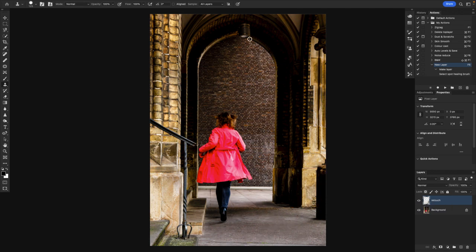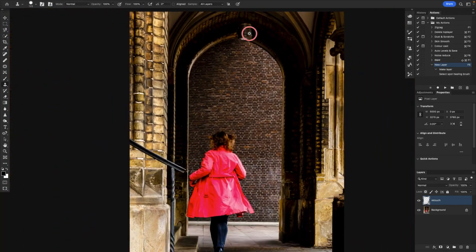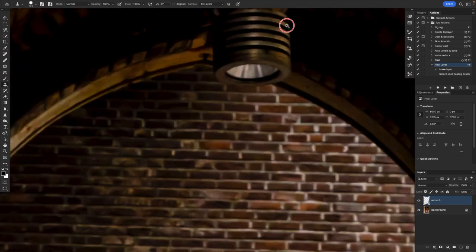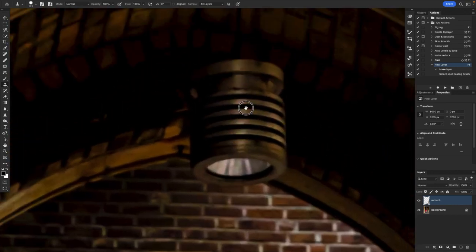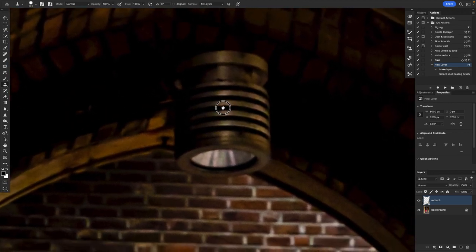What I'm going to try to do now is get rid of this lamp shade there. I'm not sure if it's going to work really well, but I'm going to have a go. So zoom in is Command spacebar with your thumb. You can press the two together, really easy. So zoom in, and then pressing spacebar brings the hand, and so you can move your pictures exactly where